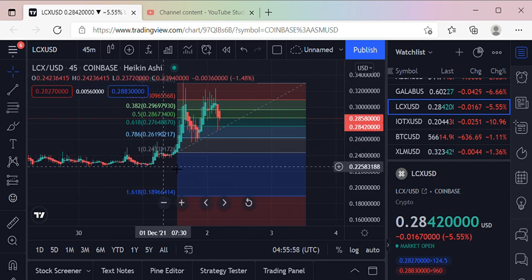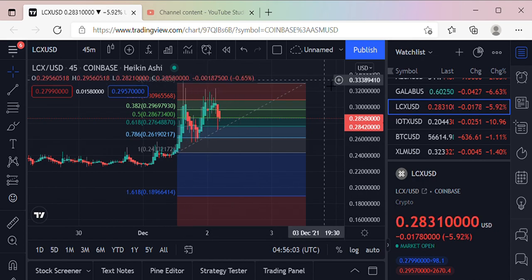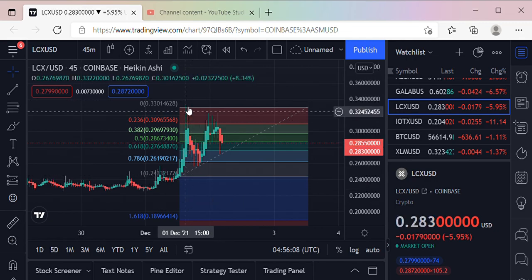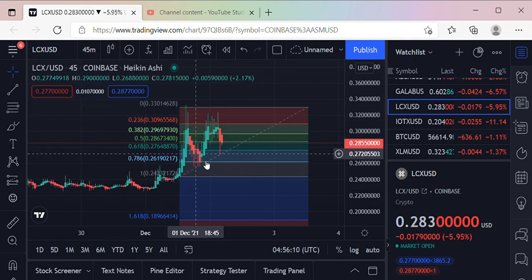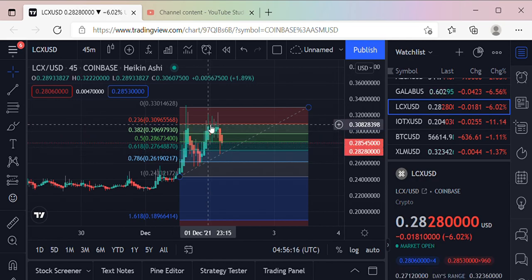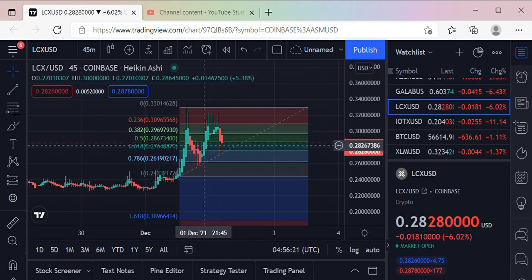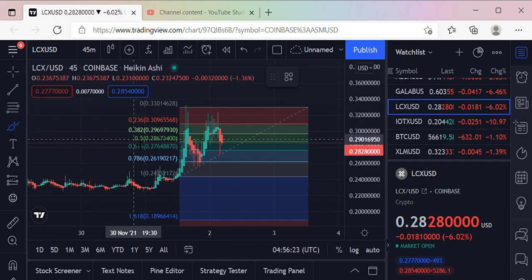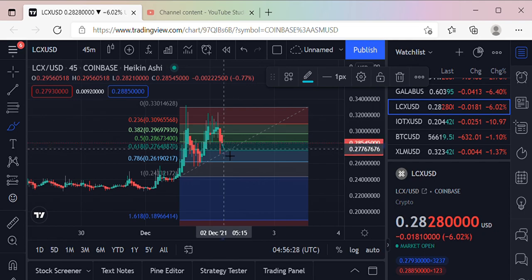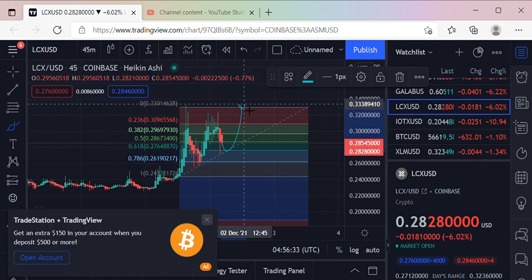So as far as where LCX is sitting now, it did come up and touch the top here at, let's take a look at this here. What is that? 33.01. Came back down, tested the support at 0.26 on the 786. Made another run, and it's coming back down to test the 618. There's a lot of scenarios that could play out here, especially with the way BTC's looking. So we could basically test this 618 and then get another upshot and try to get through this resistance